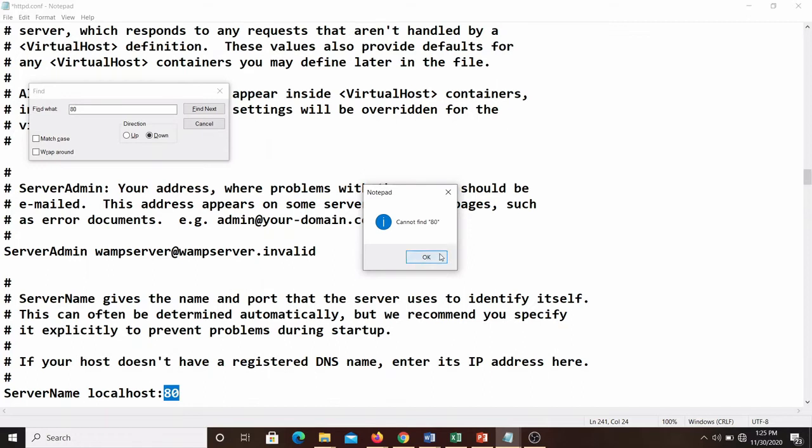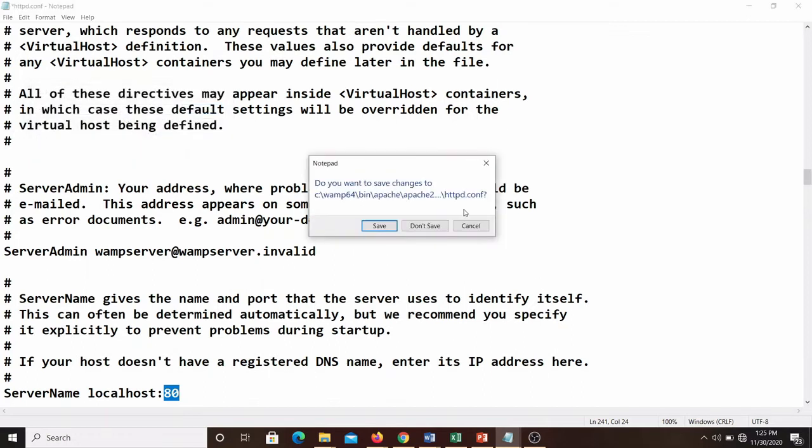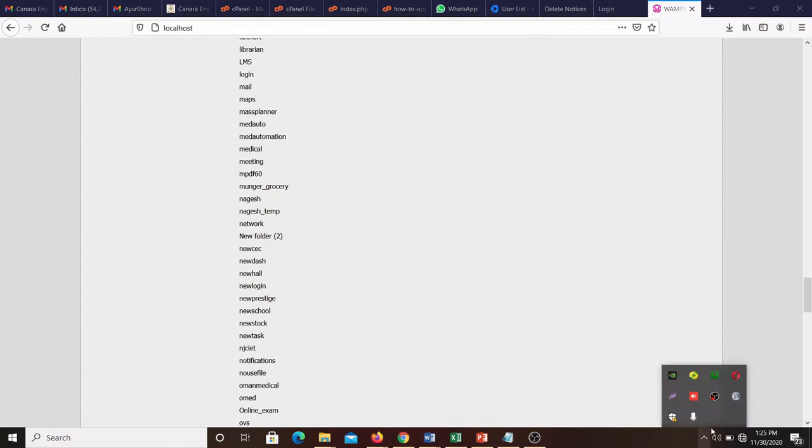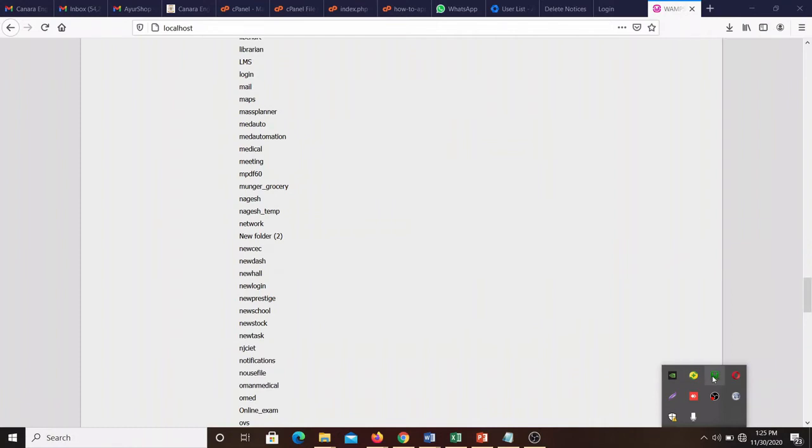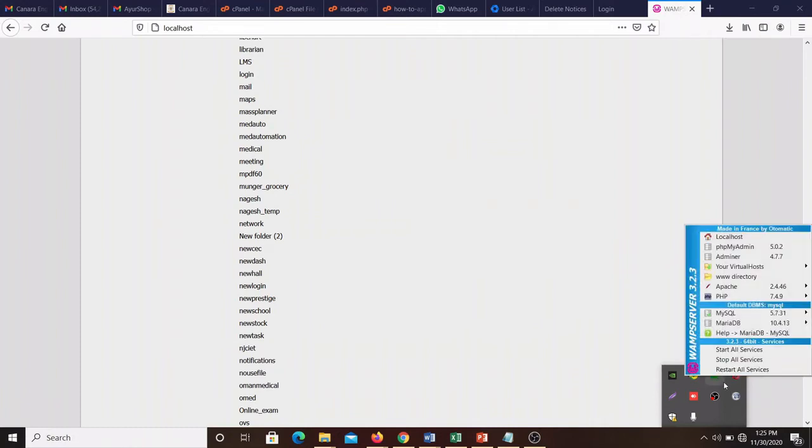After that, you save this file and restart the services. I am not changing anything, and then we have to restart. If you have an option for restart, you can restart here. Then again the color will become green, but without the green color you cannot do anything. So I think you got an idea of how to install the web server, and I also discussed two troubleshooting issues. Now how to write the file and where to keep the file. Today I'll discuss only the basic syntax. From the next video onwards, I'll discuss more and more about how to write the PHP program.